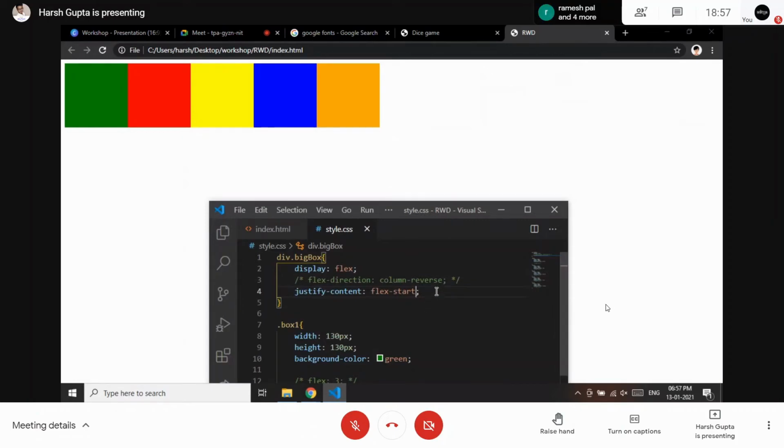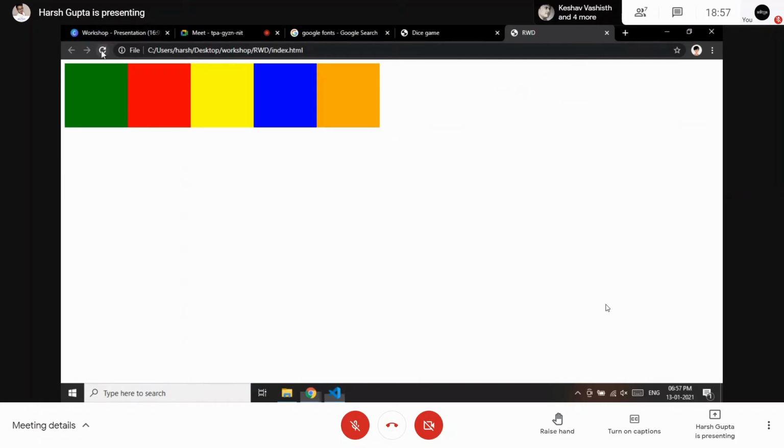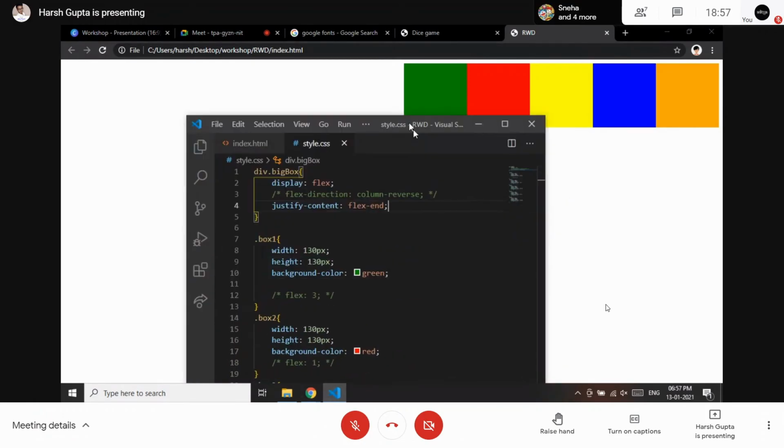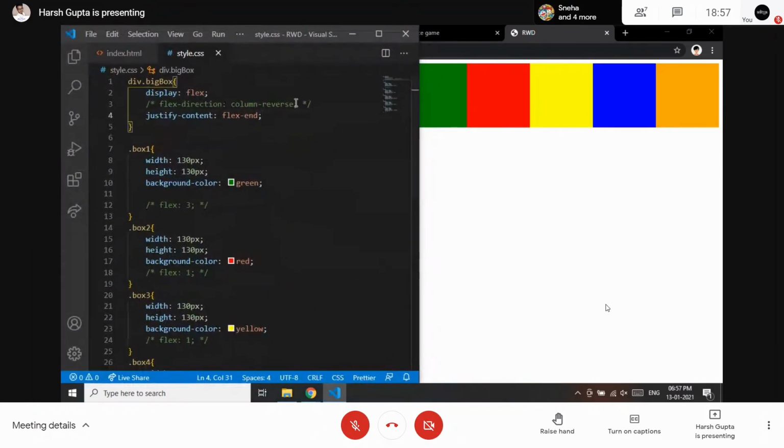By default it is set to flex start, but you can change it by making it flex end. If I save this flex end and then refresh, now it is starting from the end. That's how you can change its position.